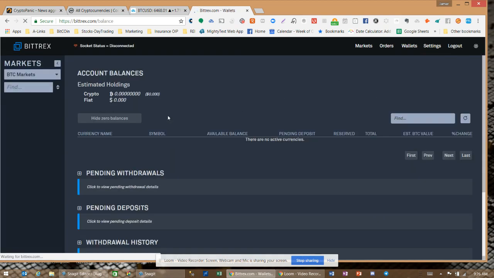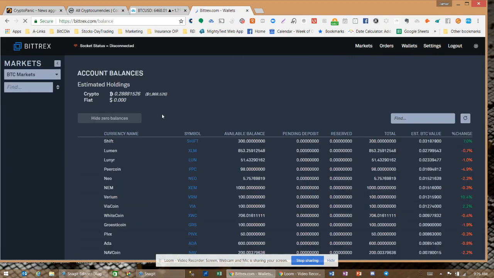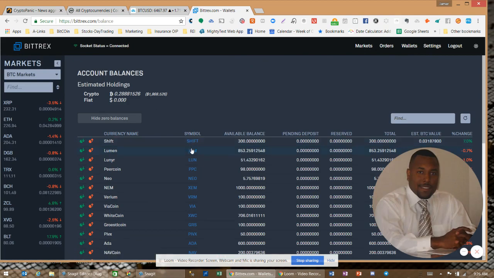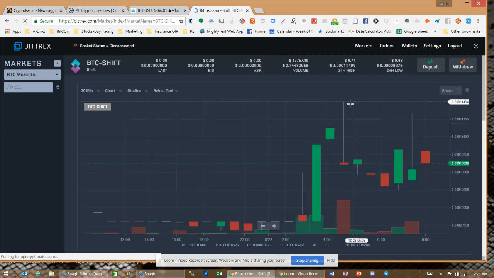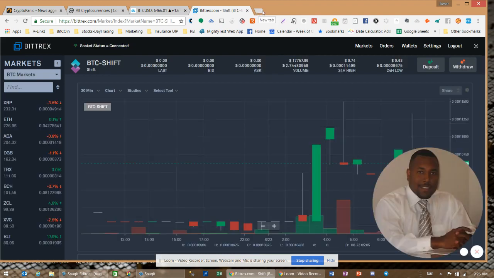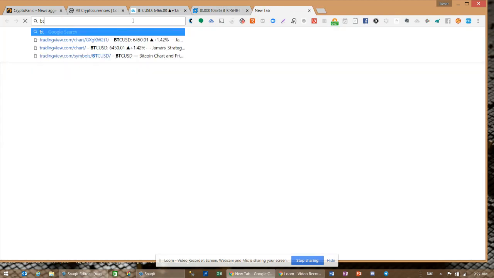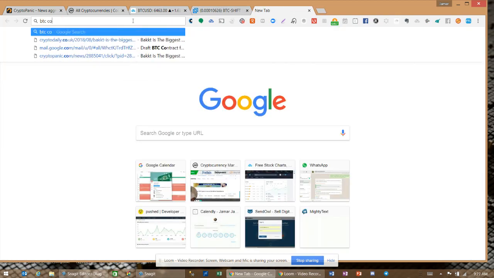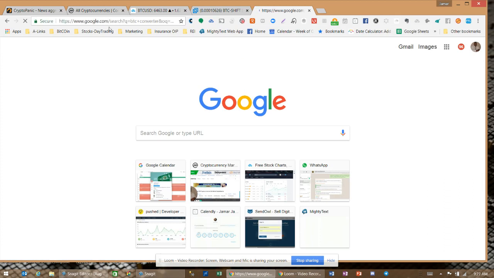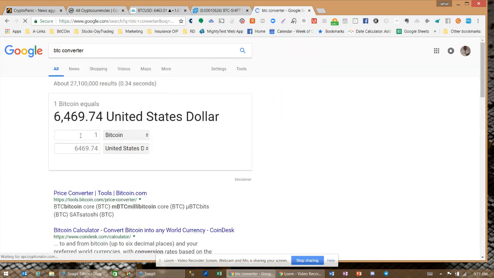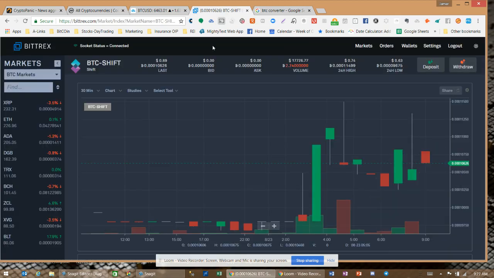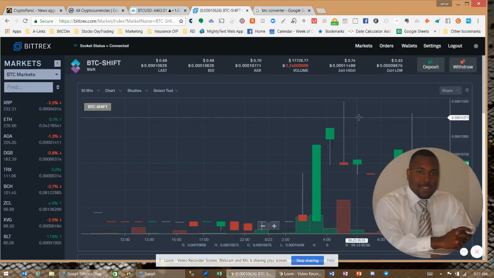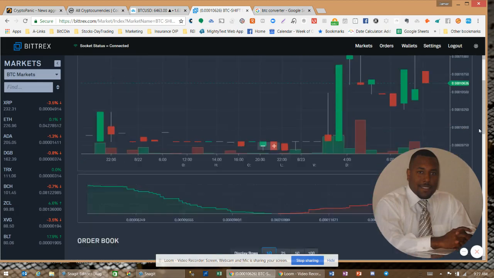All right, so let's go to wallets. For instance, we'll sell Shift, and we'll sell two things to actually accumulate funds. And what I want you guys, the new guys, to do is pull up a BTC converter. Just search Google. This way you can put it in and it'll show you exactly how much you're going to have. So, to place a sell order on Bittrex,